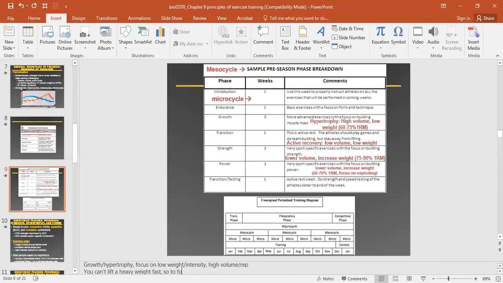So to focus on power, you lower weight and increase speed, explosiveness, which means you'll focus on a lower percentage of your 1 repetition maximum, not necessarily a high volume, so not tons of repetitions, actually lower volume. If you want to focus on explosiveness,